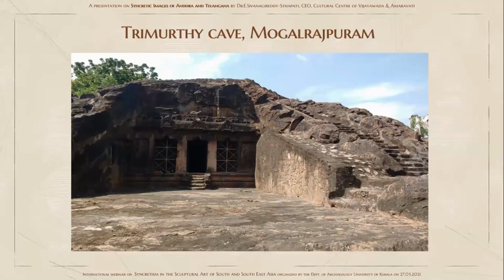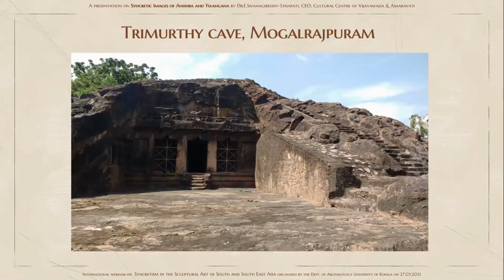There is a place called Devghar. Then again Vidisha, near Vidisha. After that, you have Vijayawada, Mogalrajapuram, Akkanna Madanna. Many such examples are there, where you get clear-cut three or four examples in Vijayawada. Three cells are there, one after another in a row. The Brahma, Vishnu, and Maheshwara are independently accommodated, and on the top, their symbols are also represented in the